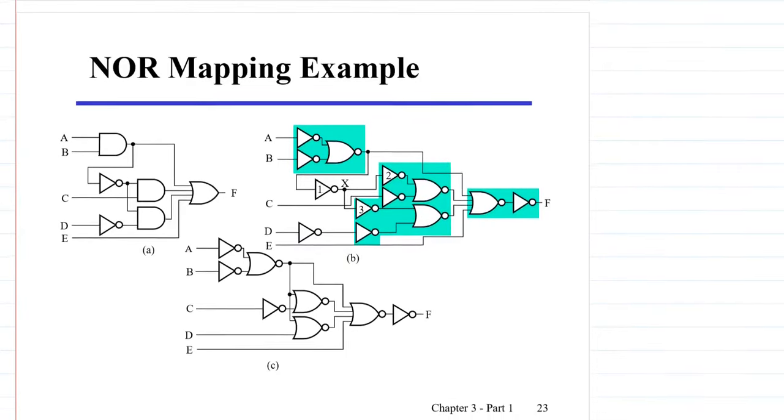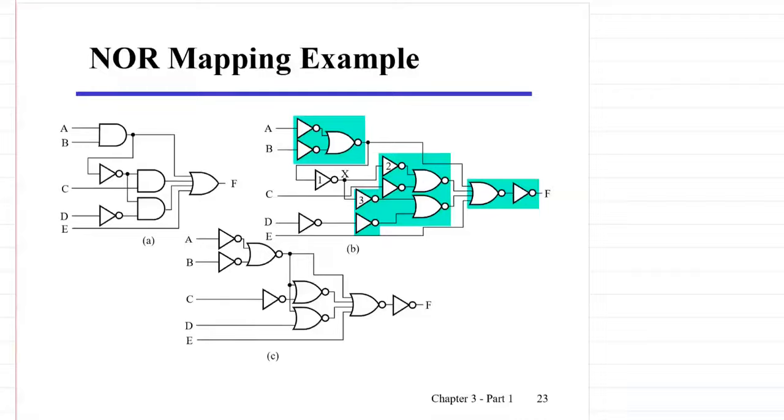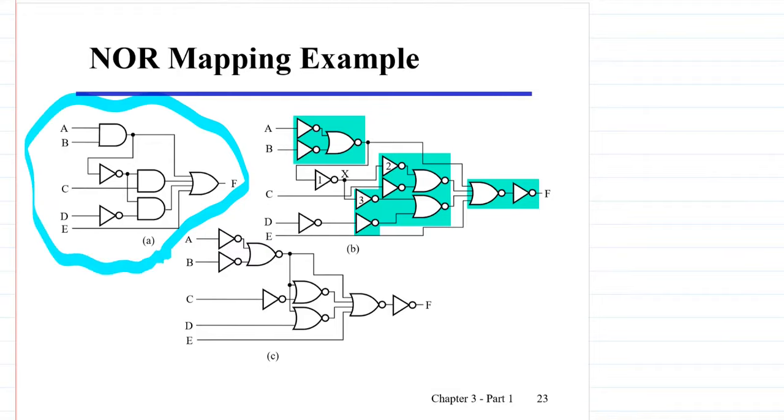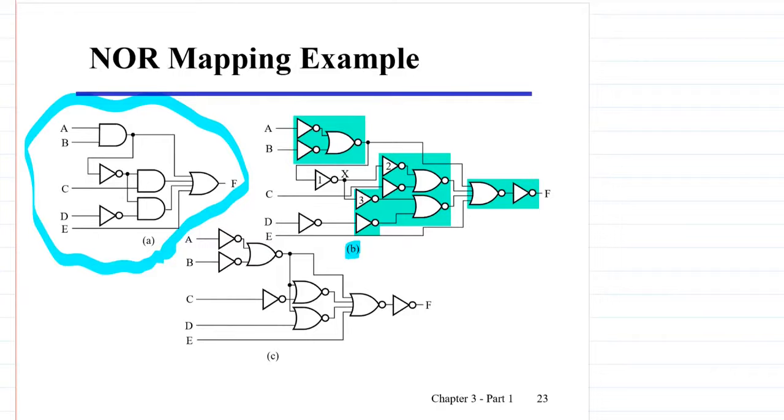Here we have the same example for the NOR mapping this time. The circuit schematic is provided. In part B of the figure, you can see that each AND gate and the OR gate are replaced by their equivalent NOR gates. And then the inverters, wherever possible, are pushed in order to obtain a simpler implementation. You can see that inverter number 1 over here